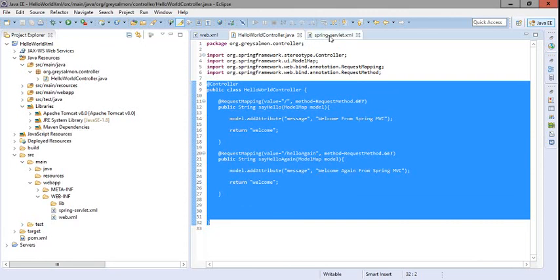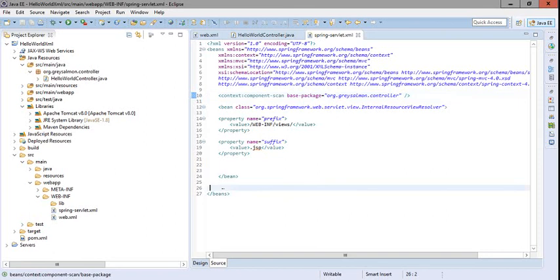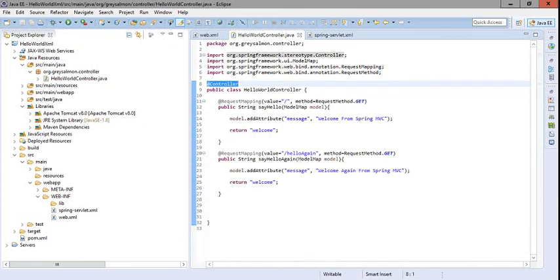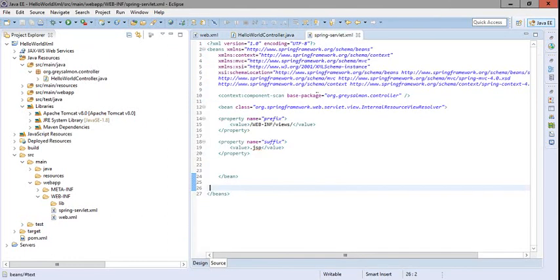Now there are two options: either we create here one bean for the controller, or we mark the annotation controller and instruct the Spring Framework to scan the package org.GraceElement.controller for the components.